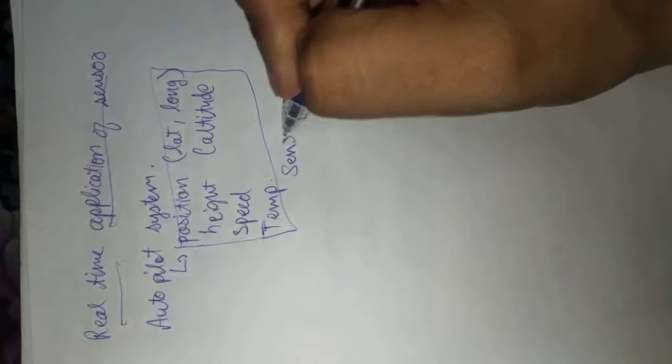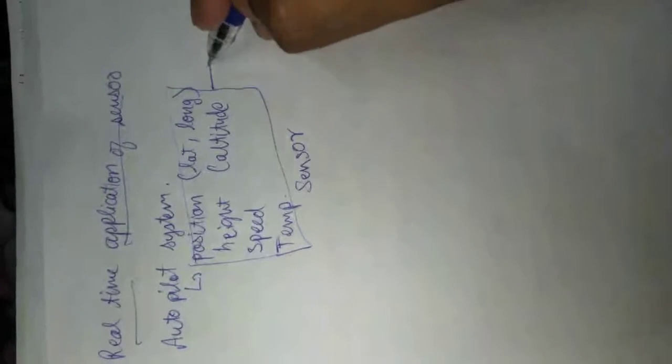We have a height sensor, or you can say altitude. We have a speed sensor, temperature, and various other sensors. These all sensors will give the data to the computer,